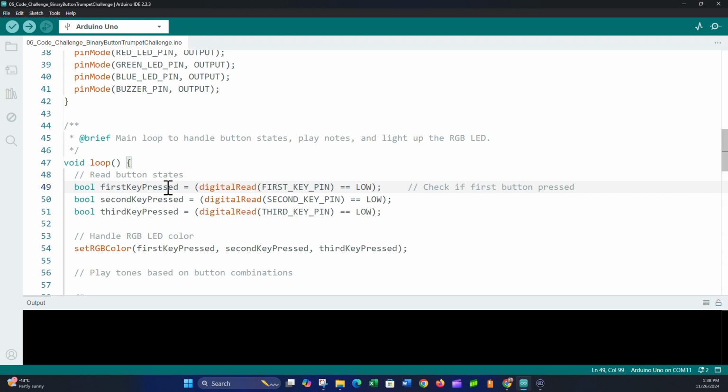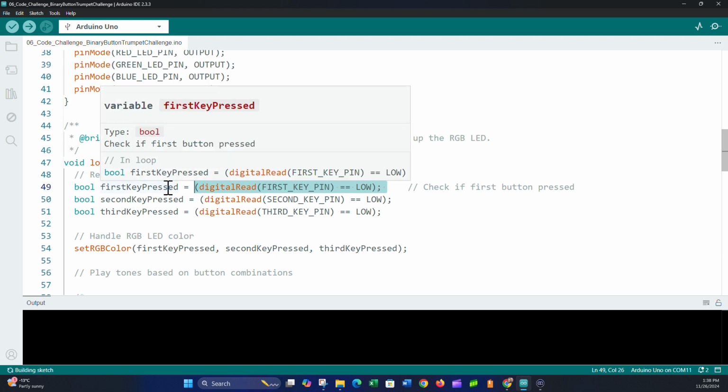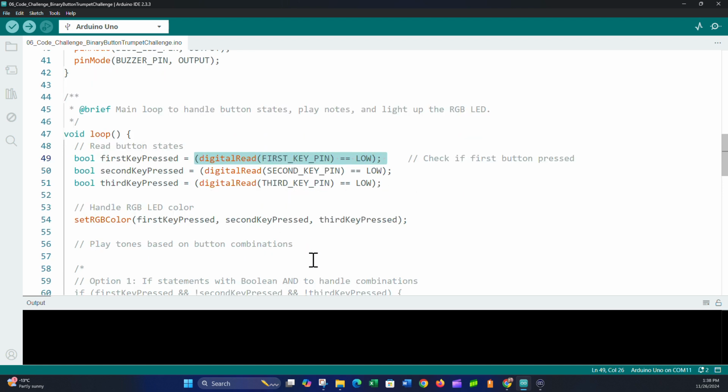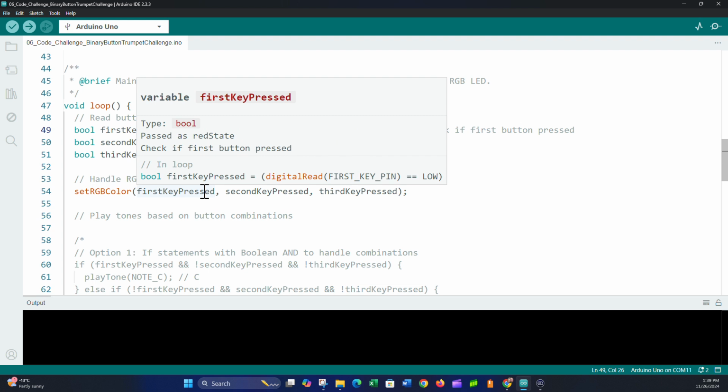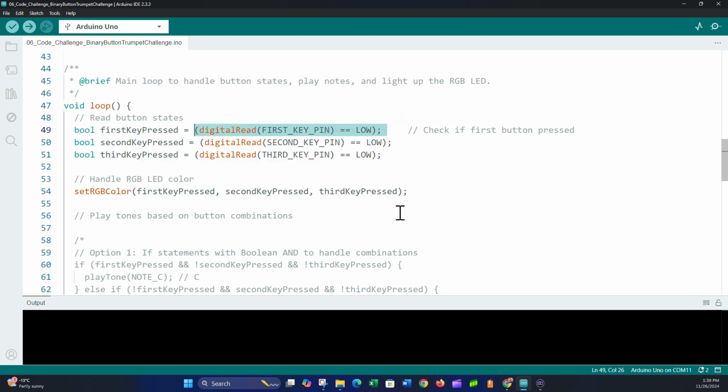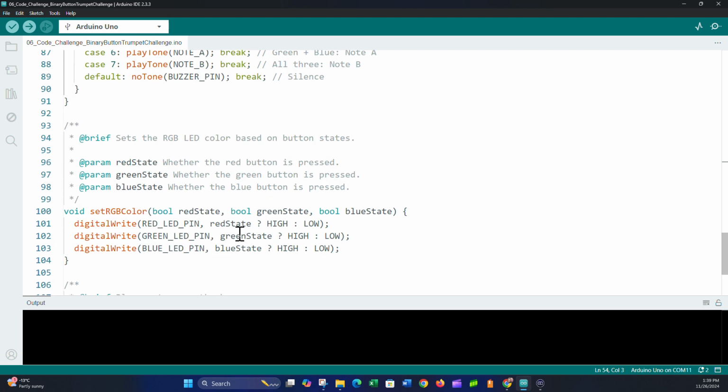This statement is going to return true or false. We're going to assign that to the Boolean variable first key pressed. So it'll be true if the button was pressed and false otherwise, and we'll do that for each of the other buttons as well. And then we're going to call this setRGBColor function, passing in those 3 Boolean variables representing whether the first, second, or third buttons were pressed, to our helper function we've created called setRGBColor. So if I jump right to that function,